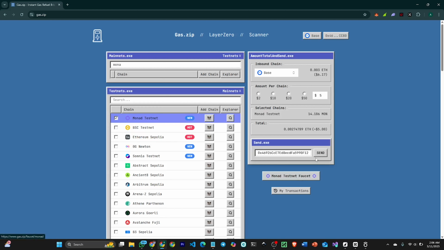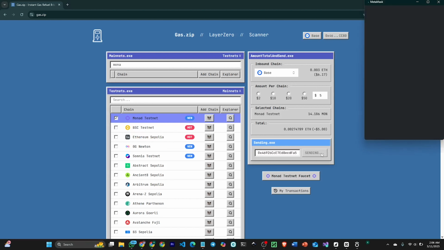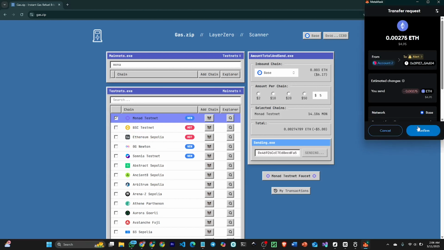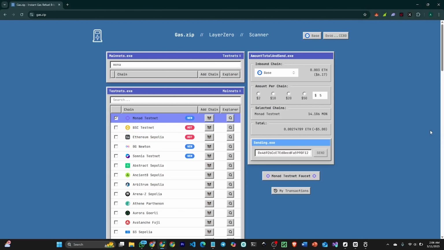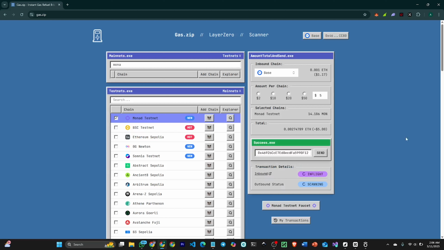You will not click on this, but you click on send. So immediately we'll click on send. It's going to initiate the transaction, we'll authorize it, and we are all good to go. You click on confirm and we are almost there. So as you can see, successful. We have currently gotten the